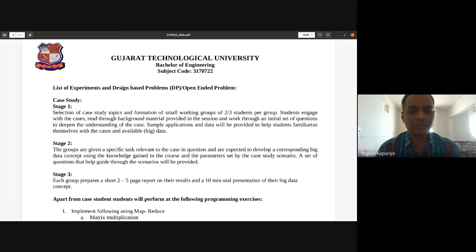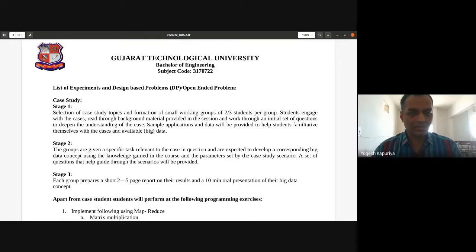But before that, you need to form a group of 2 to 3 students. So here I think a batch of 23. So mutually you can decide a group, and today only I will share a form in which you will submit the details of it. So that is the first stage that is required to be done.